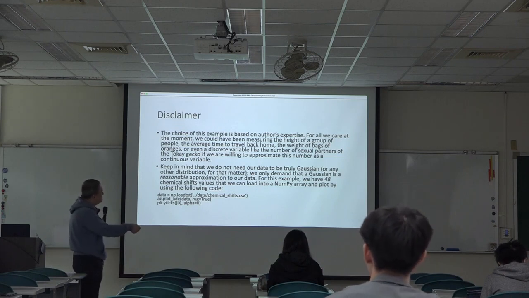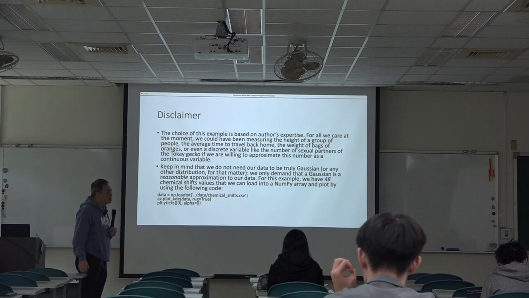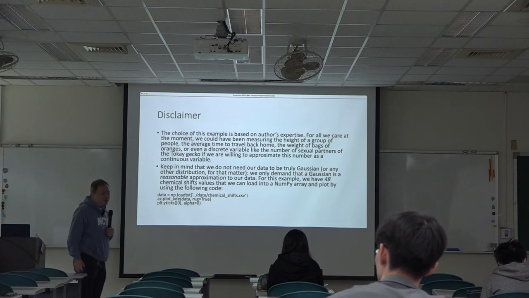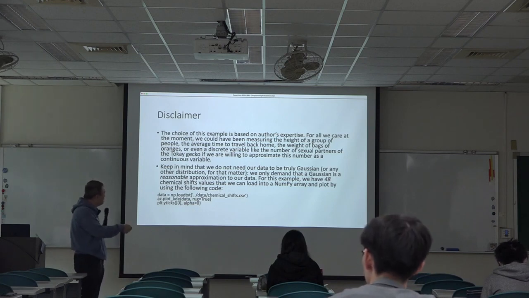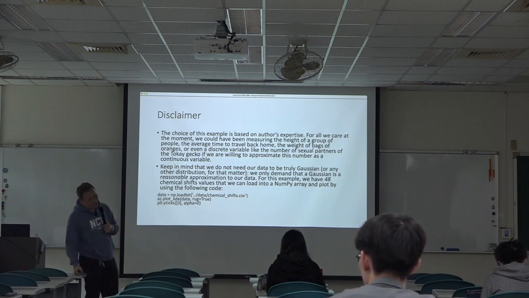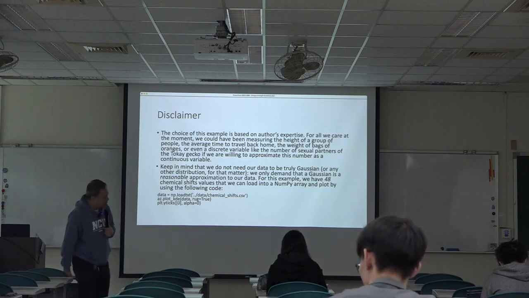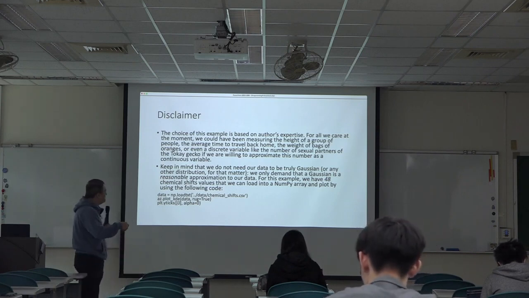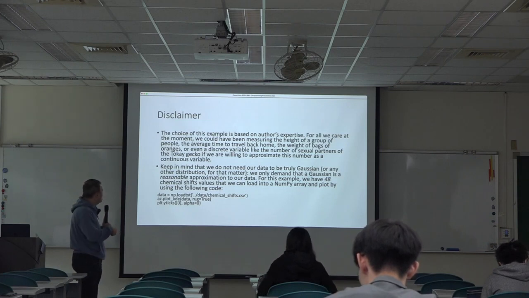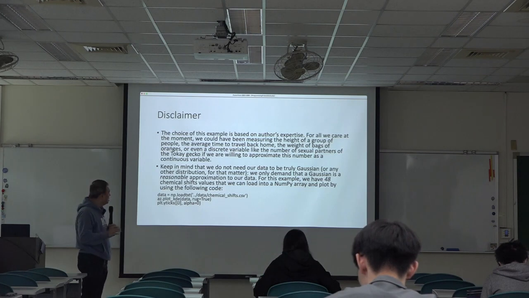For the last one, you may argue that the Gaussian distribution is continuous, so how come there's a number of sexual partners of the gecko? It's obviously discrete, right? But if you can approximate the integer by a continuous variable, then you can even model that discrete case by a Gaussian distribution. So keep in mind that we do not need our data to be truly Gaussian. We only demand that a Gaussian is a reasonable approximation